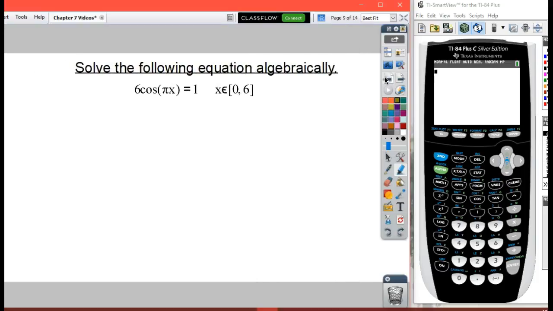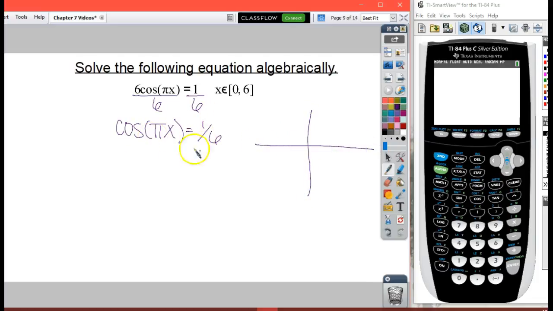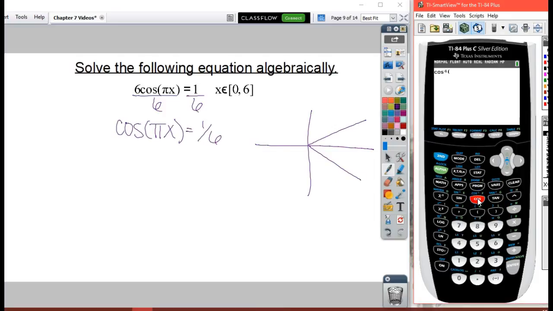Going back to the equation, the first thing I'm going to do is get the cosine function alone by dividing both sides by 6. And so I will have the cosine of pi x equals a sixth. Now that the cosine function is alone, I'm going to draw a picture to show us where cosine will equal a positive 1/6 ratio, which will be in the first and the fourth quadrant. I'm going to take the cosine inverse of 1 over 6, making sure that we're in radian mode, and we end up getting